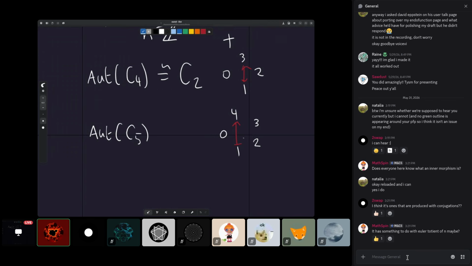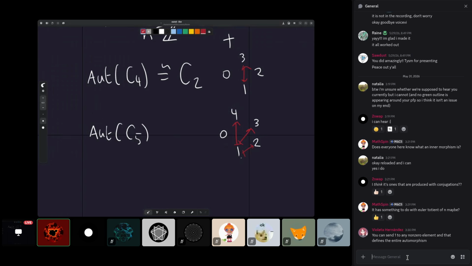Any others? So in the case of C5, which of these elements, well, I guess which of these ones, we know this one doesn't generate it, which of these 4 generate C5? We know one does. All of them do. All of them do. That's right. So they all do. So that means we can send this generator to just any other generator we like. It could go there, it could go there. These are all going to give automorphisms. And we can also just fix it, leave it there. So we got at least 4 automorphisms